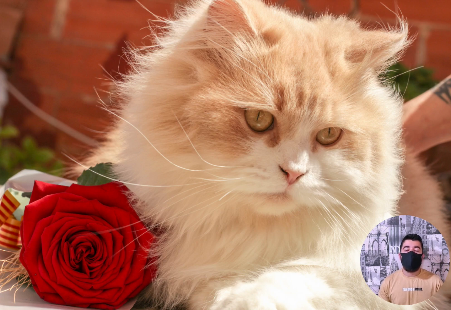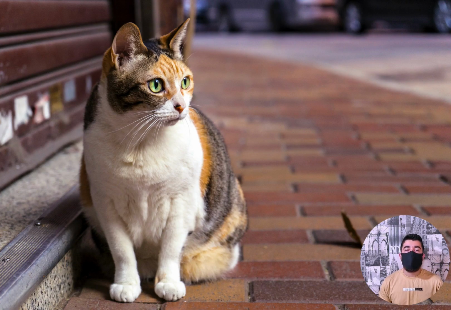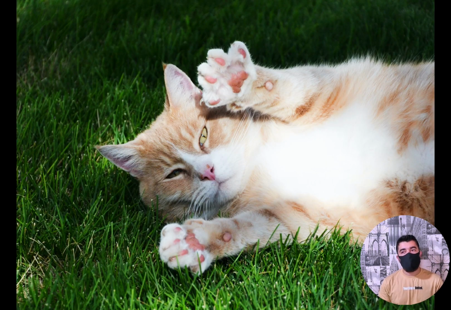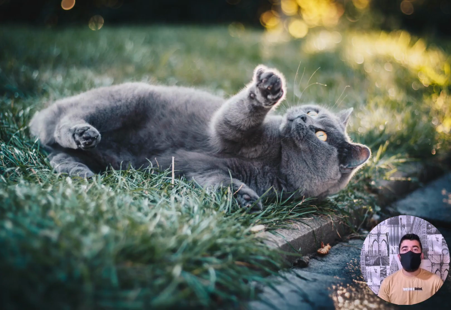In conclusion, the impact of cats on the environment is complex and multifaceted. While cats can have a negative impact on local wildlife populations and ecosystems, they can also have a positive impact through conservation efforts and wildlife management. It is important for cat owners to be responsible and to take steps to minimize the environmental impact of their